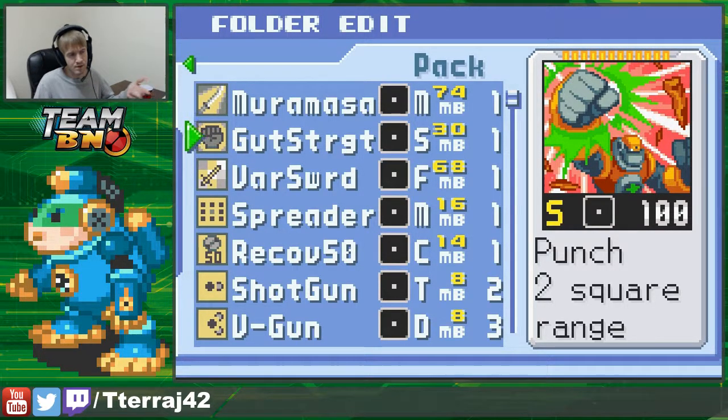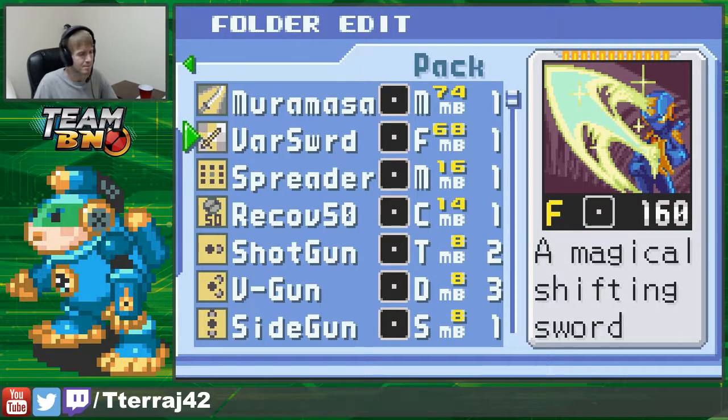It's kind of like Gut Punch. It also has a command code. It's a really difficult command code, but if you can hit it, it's really good. Otherwise it's just a good single use chip. VarSwrd is, if you can do the command codes for it, the best chip in the game, and more